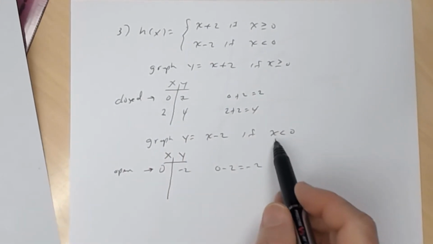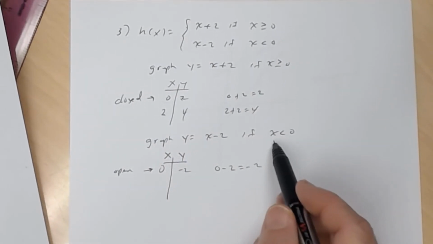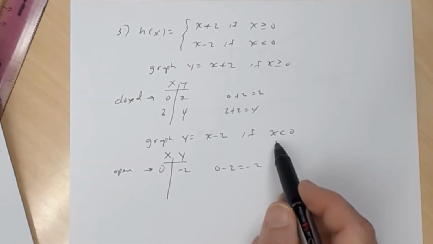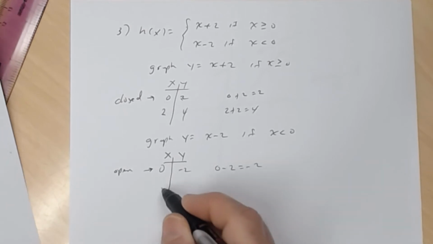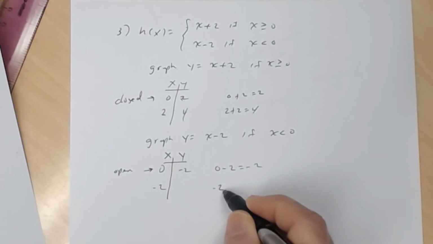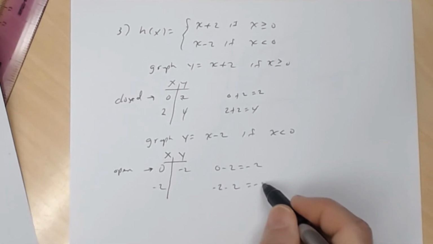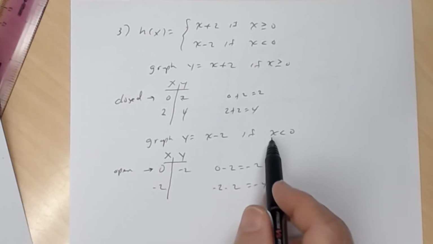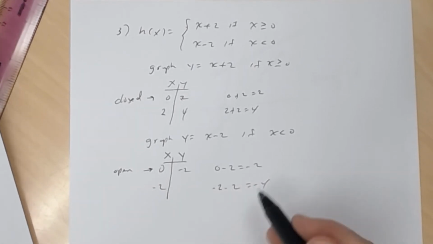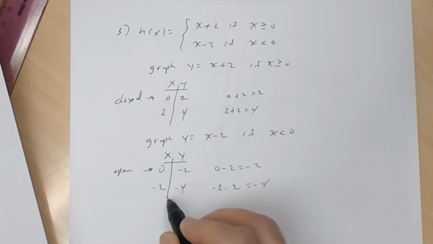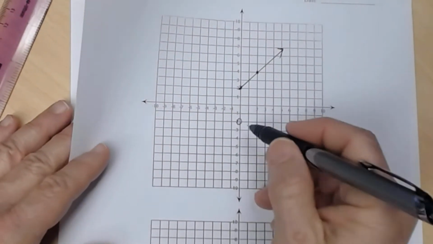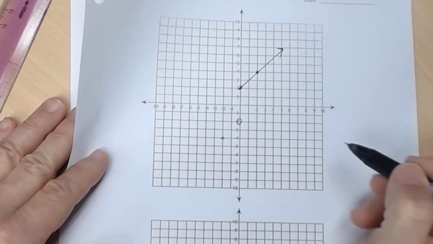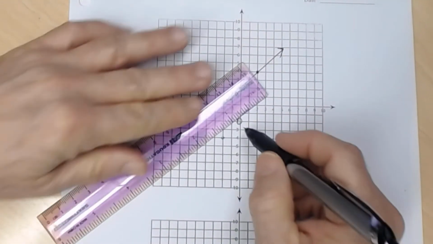So I need one more point, but whatever value of x I choose has to be in this domain. So let's say x is negative 2, because negative 2 is less than 0. So I get negative 2 minus 2, which is negative 4. And again, you could have chosen any value of x that's in this domain. I just chose negative 2. I'll plot that point, negative 2, negative 4, which is here, closed circle. And I draw my ray,